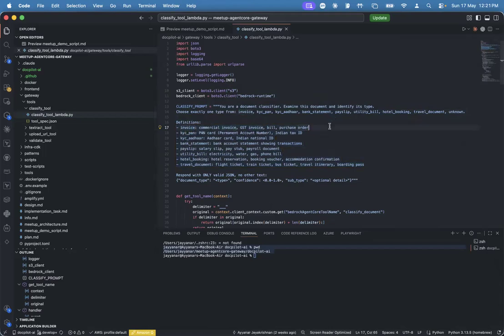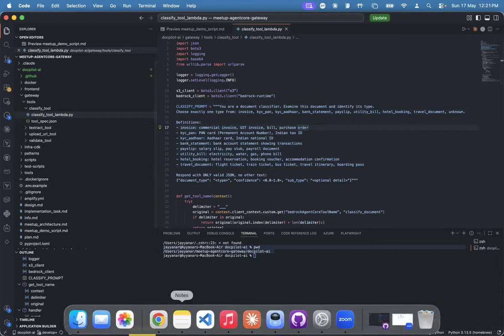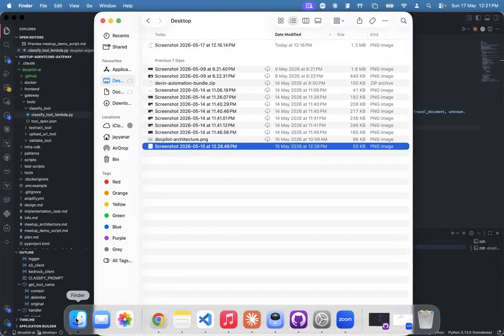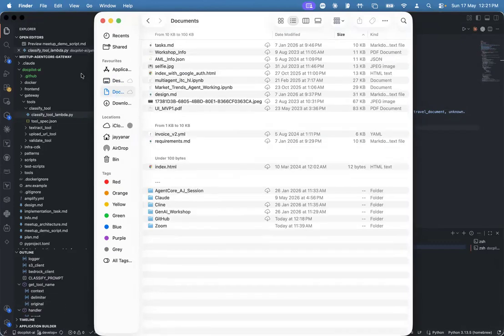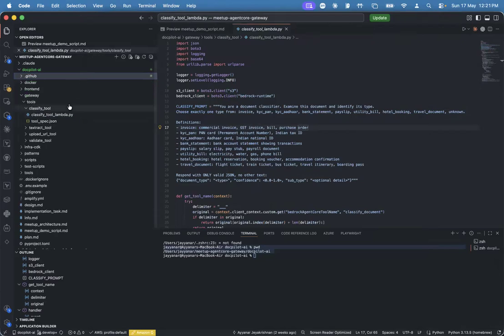And you can give more anchor text on what this invoice is, whether it's a commercial invoice, GST invoice, bills, or purchase, all those information you can do. It worked very well even for the image which I have taken as a photograph, where the text is very small. Still, it worked very well.